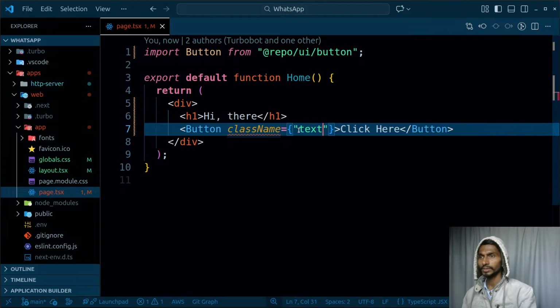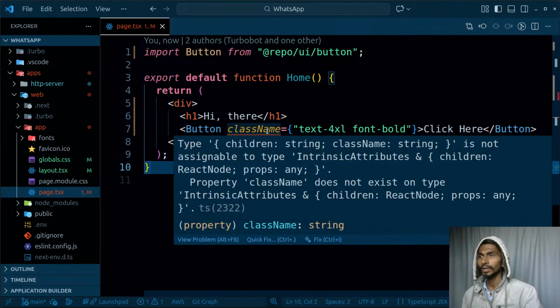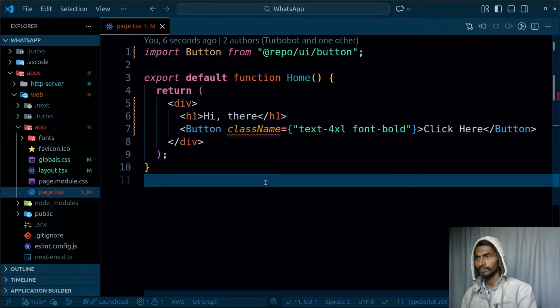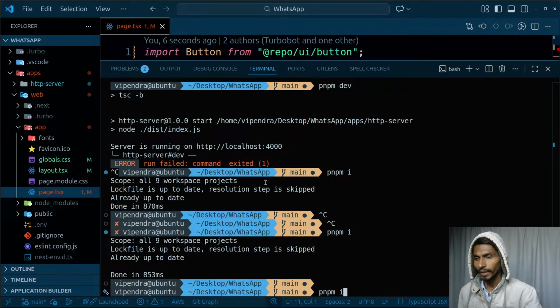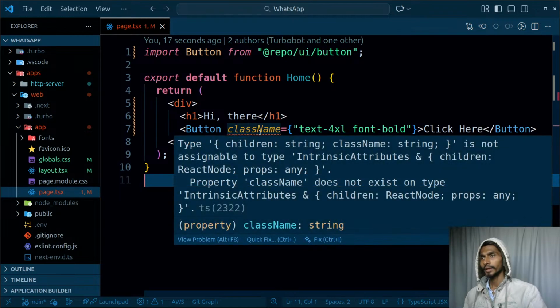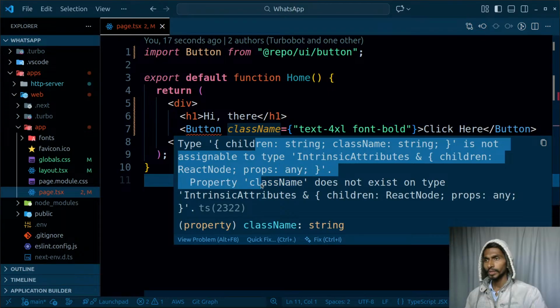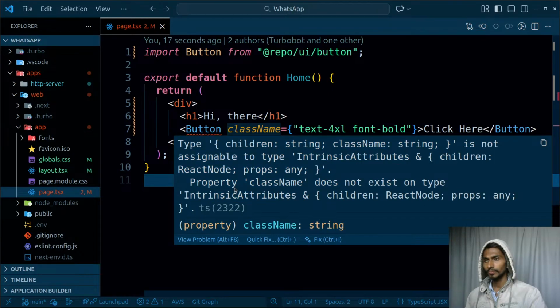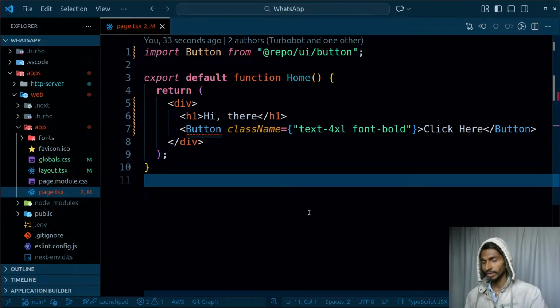Never mind. Let's make the text 4XL and the font bold. This is mainly not working because the children is not assignable to the instances. Let's stop it, start it again. And pnpm, that's actually gonna be div. Right now, children string, class name string is not assignable to intrinsic attributes. The class name does not exist on type this. So restart TS server. I've done that recently. Anyway,